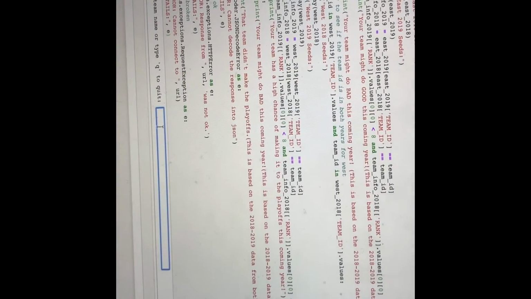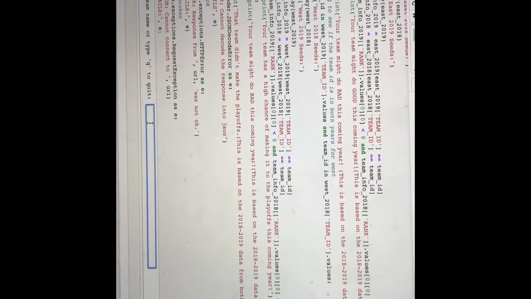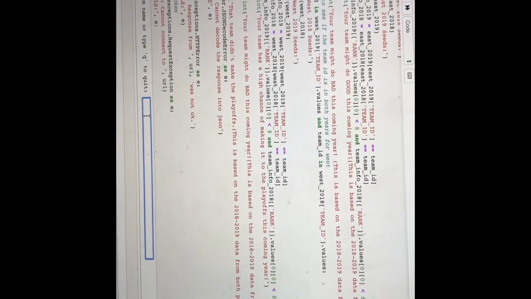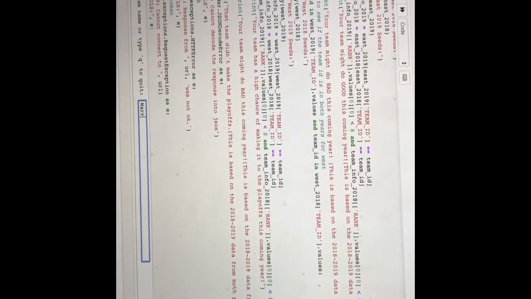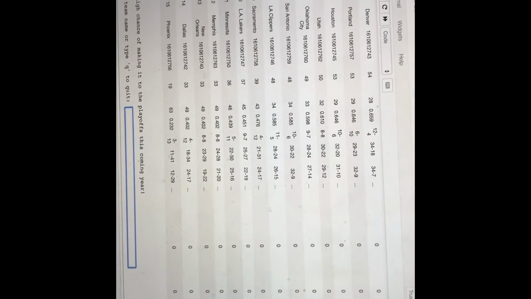So the program's pretty simple really, it just asks the user to input the name of any NBA team, and based on the past 2 seasons, it'll give you an estimate of whether or not they'll do well or badly in the upcoming season. So for the first example, I'm going to choose the Warriors, since they had a pretty good season these past 2 years. So type in Warriors, and here it gives out